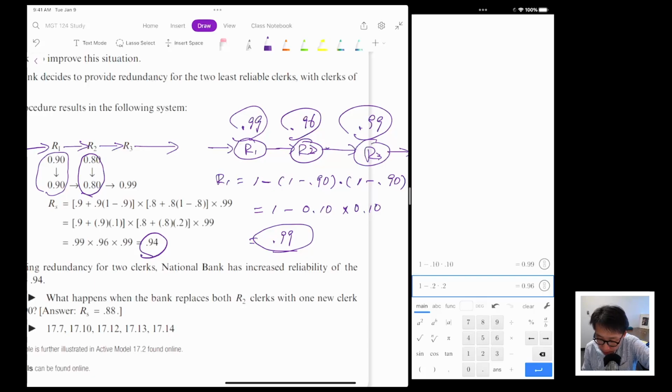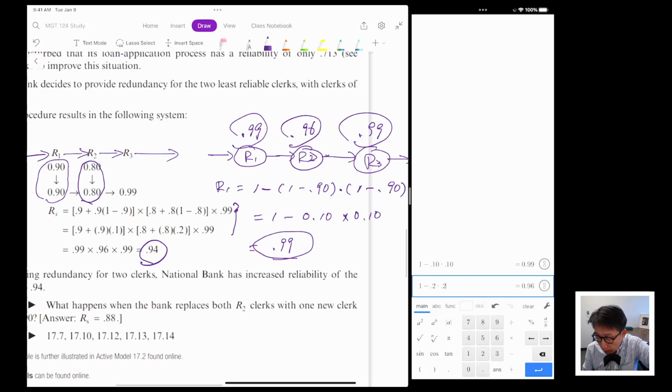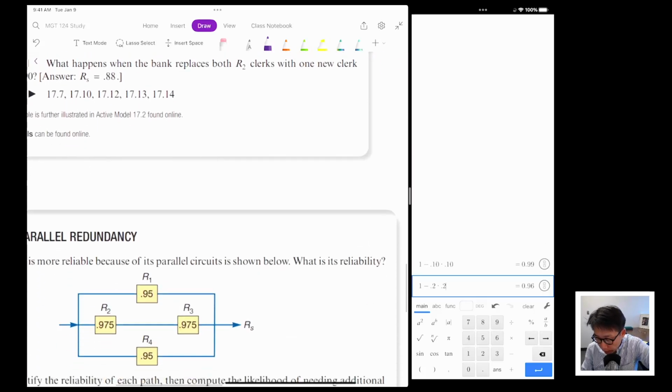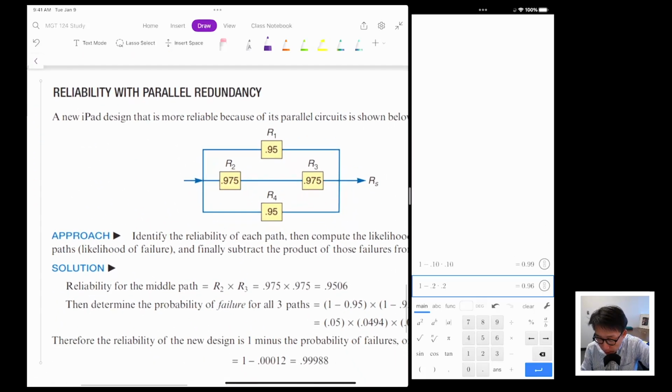The textbook has solved it a slightly different way. If you're willing to take a look at the way the textbook has calculated, and if that is more intuitive to you, you're more than welcome to use that. But I think most people will find that ruling out the chance that all of them fail is more intuitive. And lastly, this is a reliability with a